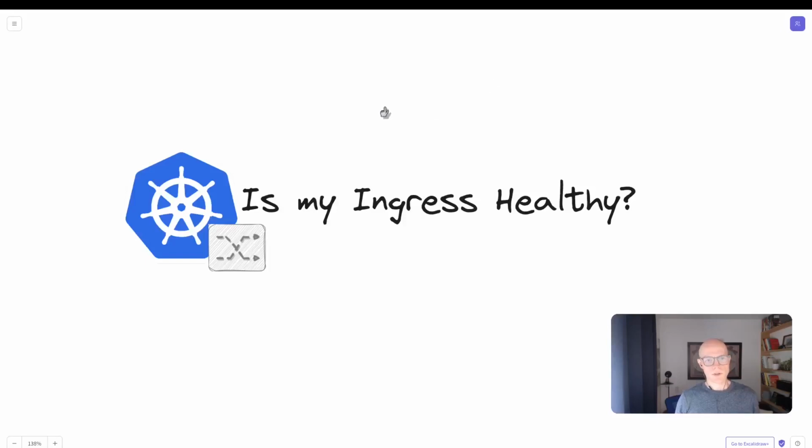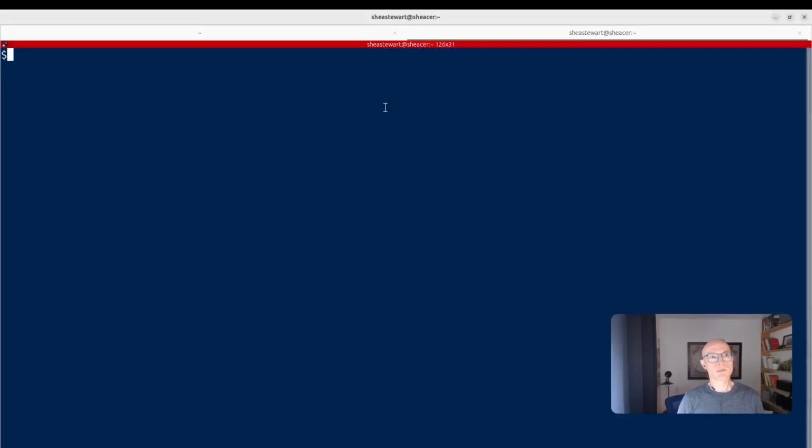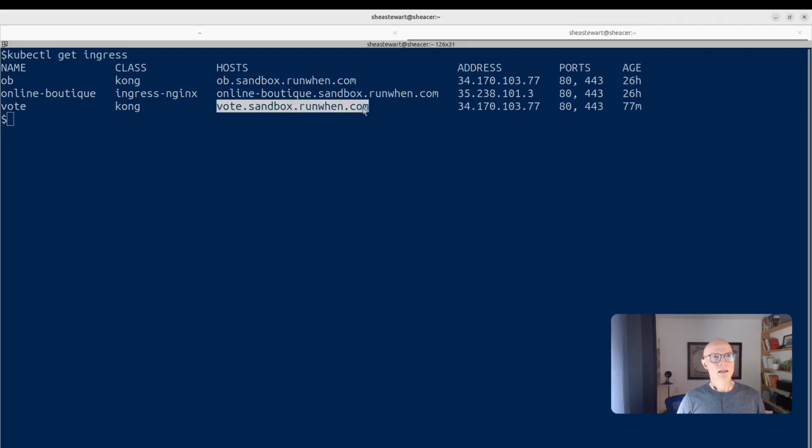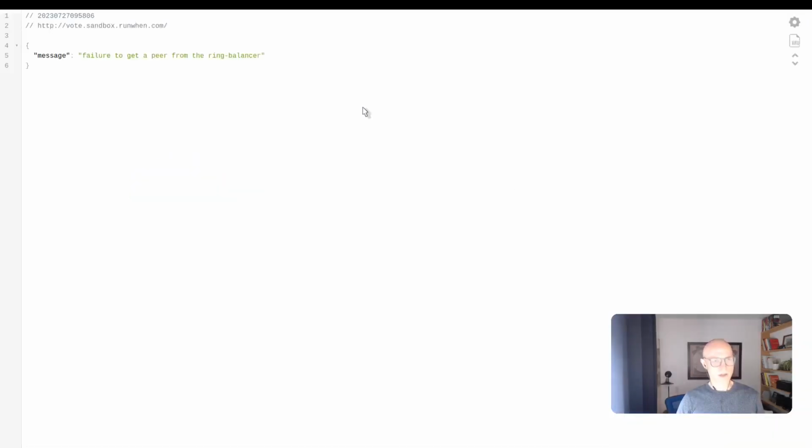So let's say we've just created a new Ingress object, but we want to know if it's healthy, or maybe it's not responding the way we expect it to, right? So let's take a look at our Ingress objects. You can see I've got a few in here. The one I'm interested in is vote.sandbox.runwen.com. Now, if I go back to my web browser and check, look, it's not working, but I don't really